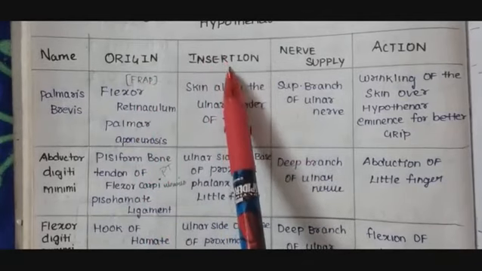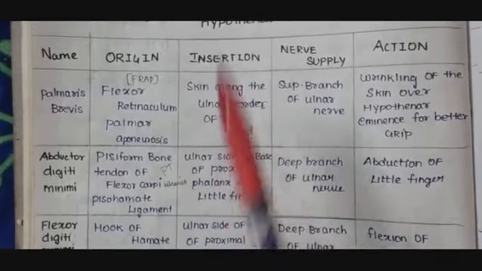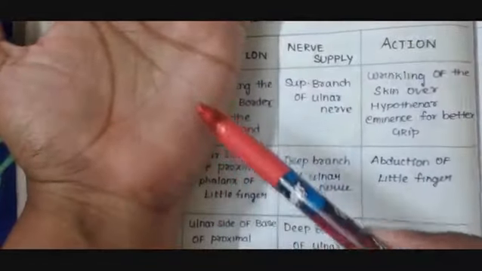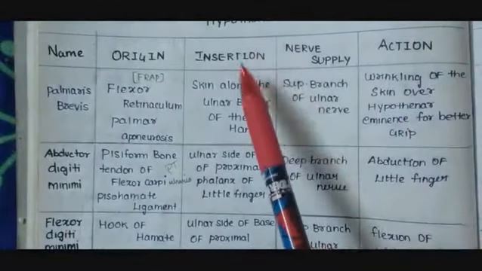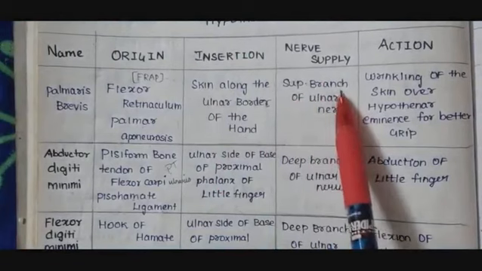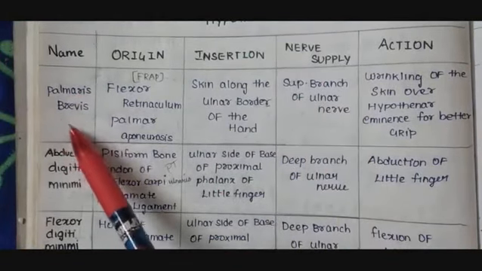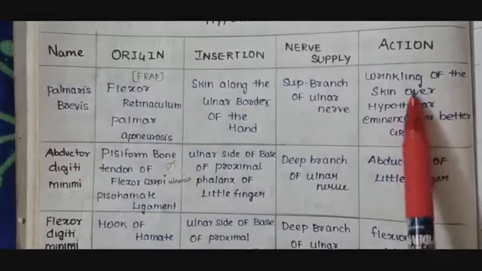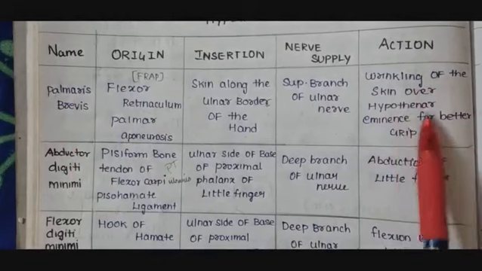It gets inserted at the skin along the ulnar border of the hand, somewhere over here. As this gets inserted at the skin, it is supplied by the superficial branch of the ulnar nerve. And the action of the palmaris brevis muscle is nothing but causing the wrinkling of the skin over the hypothenar eminence